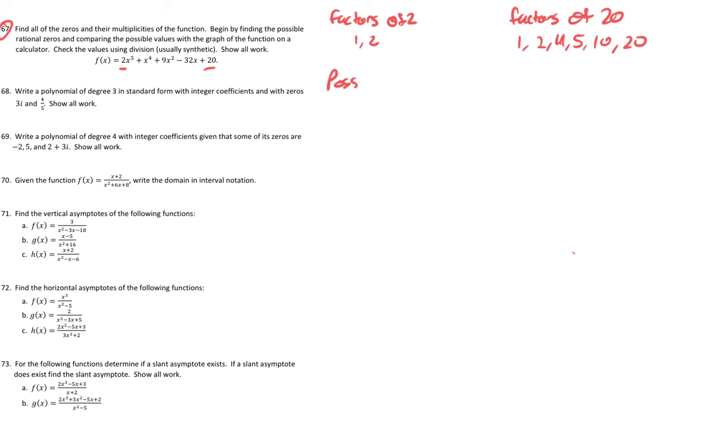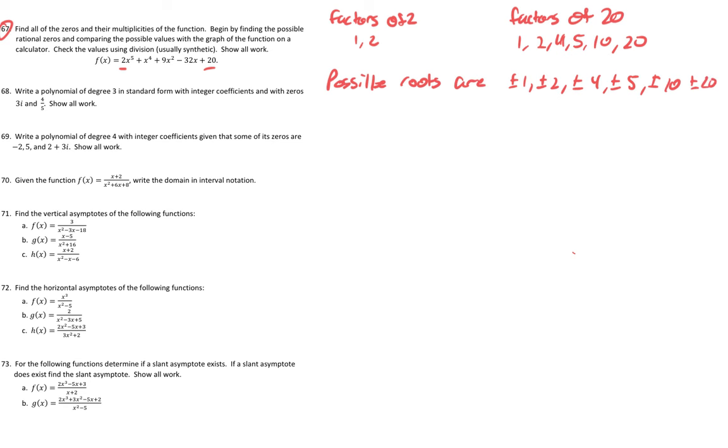So possible roots are plus or minus 1, plus or minus 2, plus or minus 4, plus or minus 5, plus or minus 10,